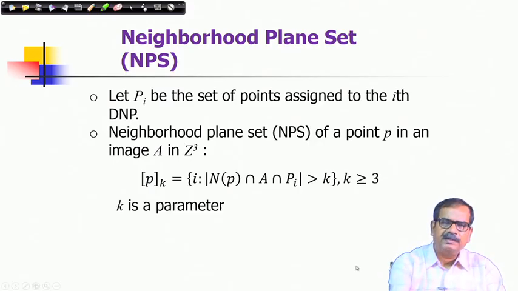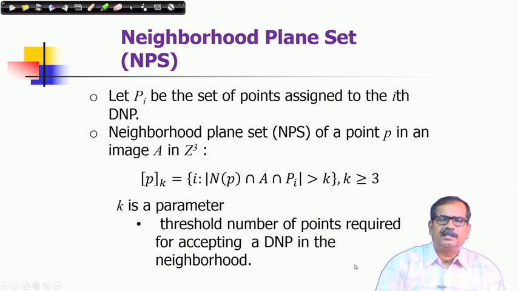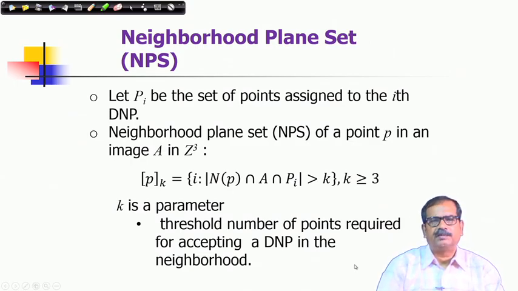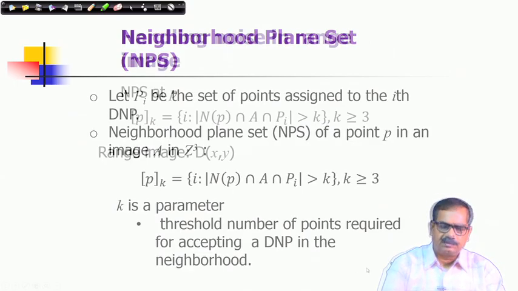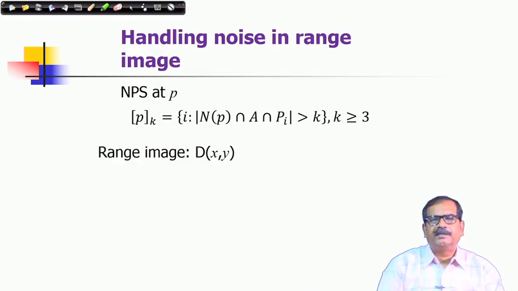So, k is a parameter, as you can see, and it is the threshold number of points required for accepting a digital neighborhood plane in the neighborhood. Now, the question is that this definition, what I discussed, is meant for a 3-dimensional grid, where you assume that it is an idealized grid, there is no noise, and then perfectly you can associate neighborhood planes